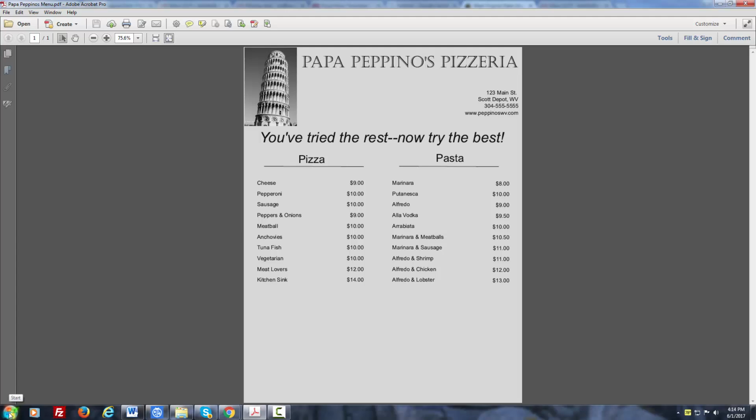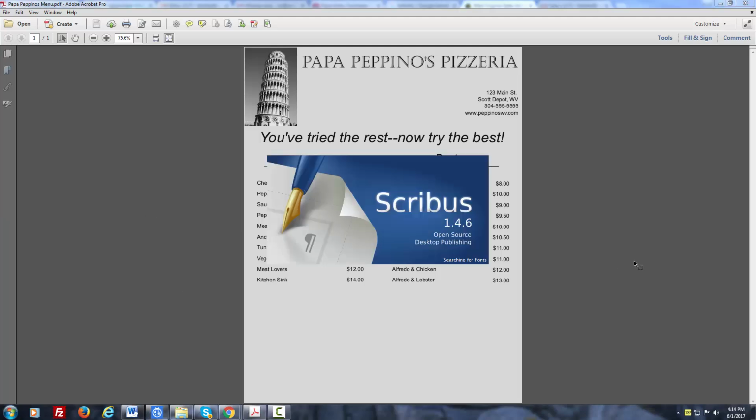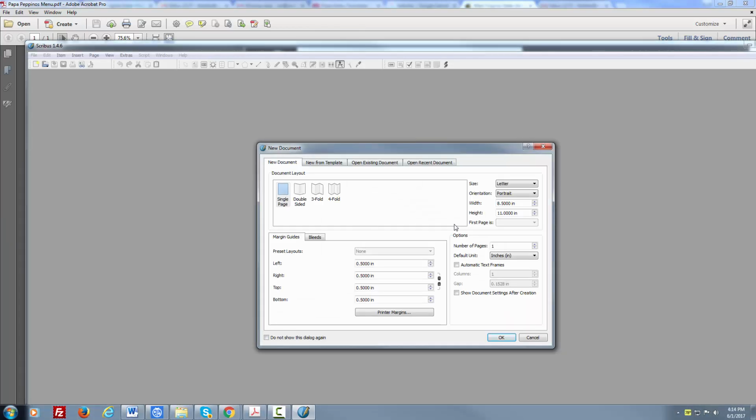So to start, we launch Scribus, and when Scribus opens, the first thing we are going to want to do is to pick a single fold or single page. We've got our settings set up already to default to letter, 8.5 inches by 11 inches in portrait mode. If that's not the case, then you want to adjust those before you create your document or your